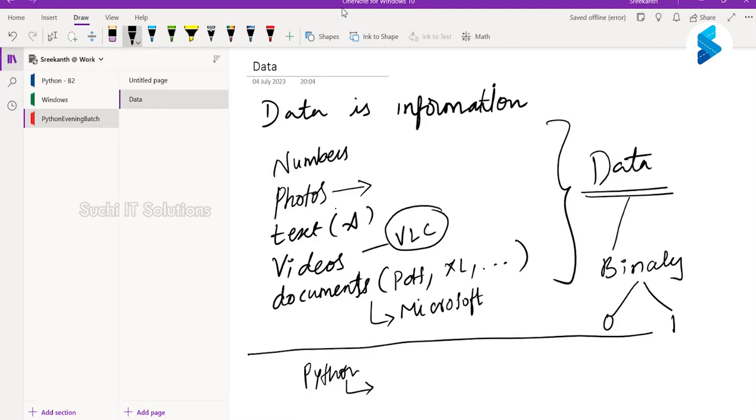If you want to do anything on the computer, it has to have a particular software which can help you write in a human readable format, and that software will take care of converting that to a computer readable format. Are we clear so far?